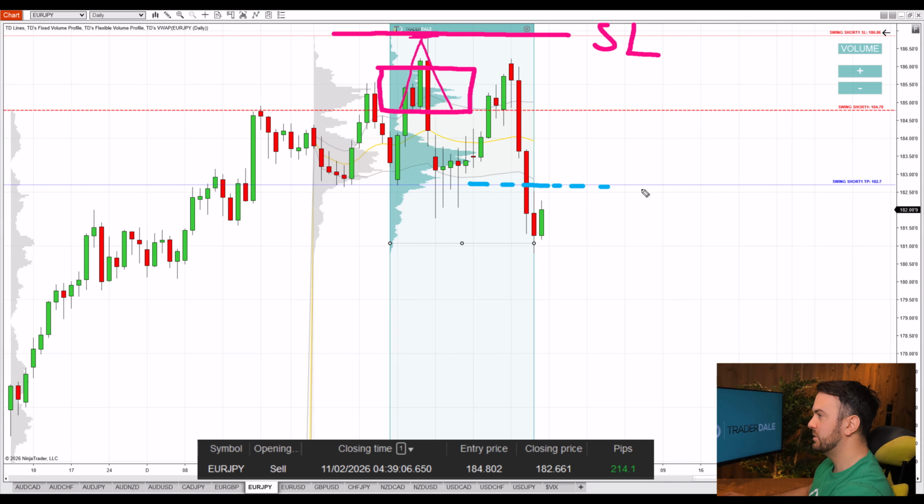And this blue line, which you see here, this was a take profit of risk reward ratio 1. When I'm trading, the minimal take profit I always take is at least risk reward 1, right? So that's why I have this blue line here, and I actually quit the trade a little bit